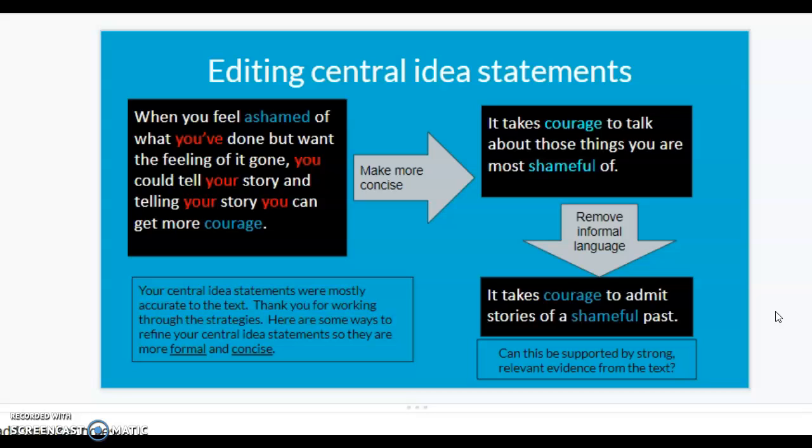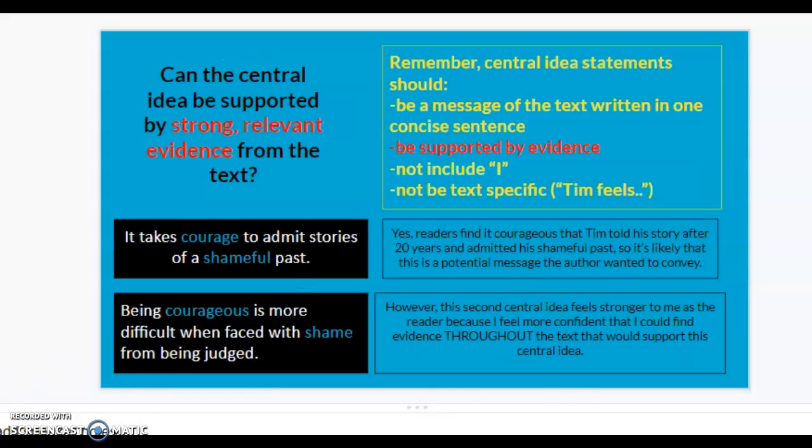So a lot of times it's just reworking the wording so you can get rid of words like things and you. And then the next thing you need to ask yourself is, can my central idea statement be supported by strong relevant evidence from the text? So on the next slide, that's kind of what I'm trying to answer. So we said our central idea statement should be a message from the text written in one concise statement. So we have our concise statement. It takes courage to admit stories of a shameful past. It needs to be supported by evidence,